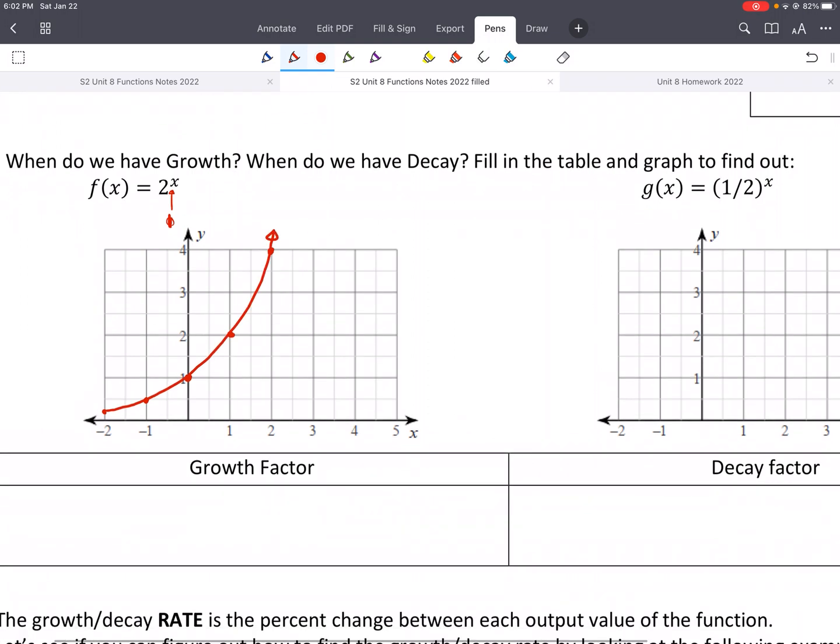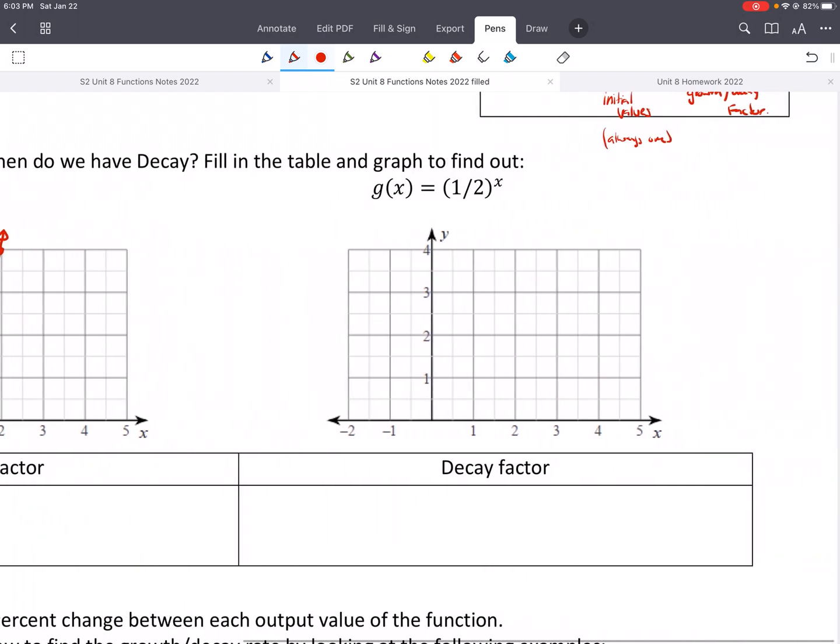It's always growth whenever the base is more than 1, because that's what's being multiplied every time. If you do 1.1 times 1.1, it's going to be bigger than what it started with. Okay. All right, here is an example of